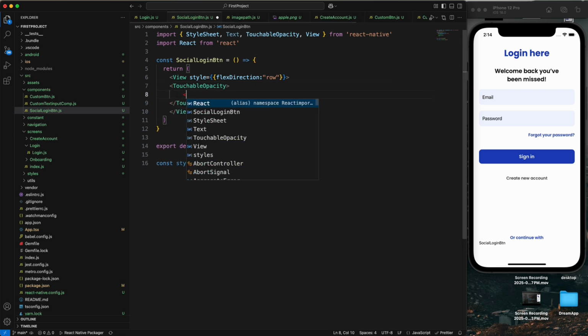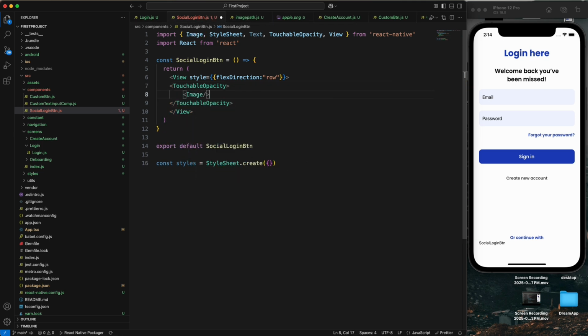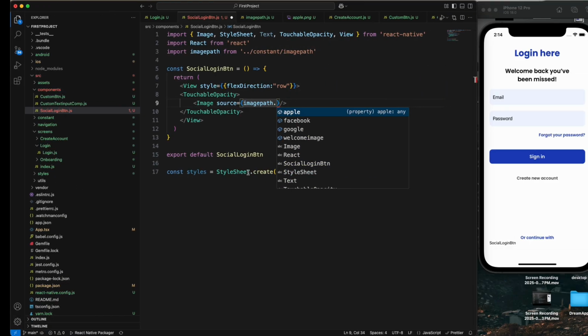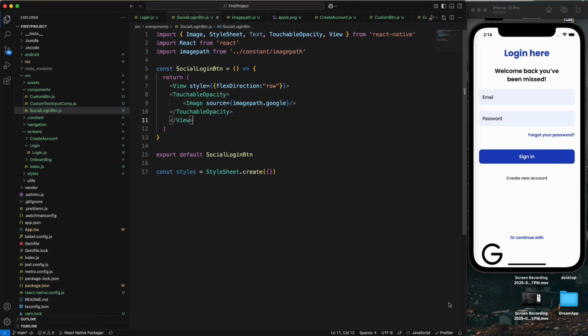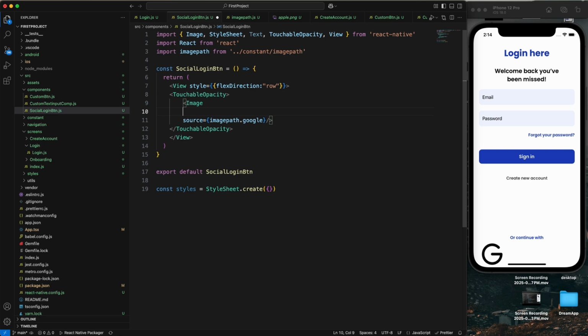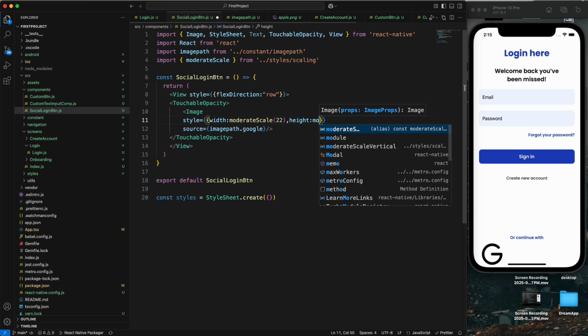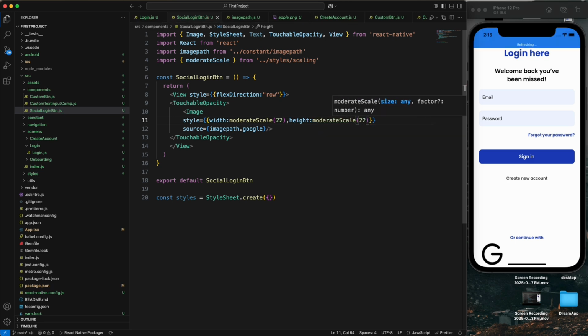Just take one image also from the React Native and apply the source image path dot. We have a Google. First we have a Google, just save it. So you can see. So apply the styling for the image style. The icon size we have a width, moderate scale 22, and height also moderate scale 22. Just save it. So now I'm going to apply the styling for the button, like a style,